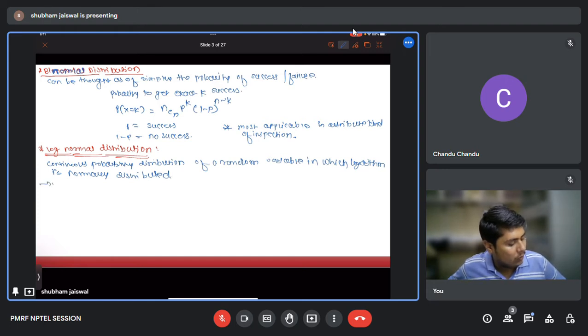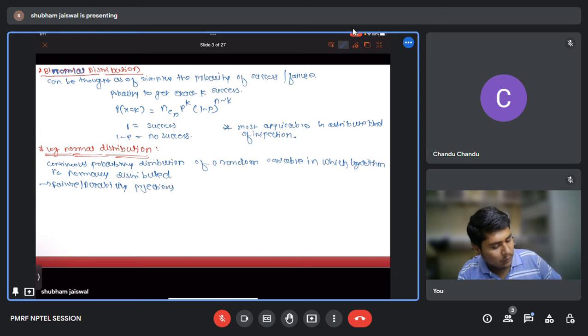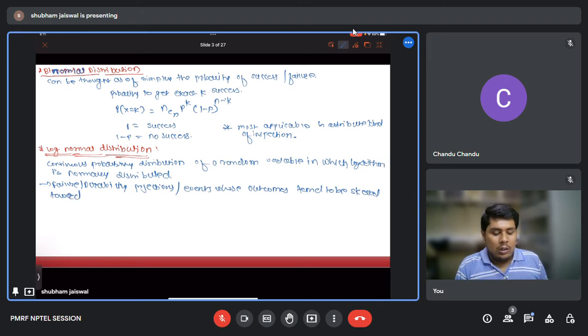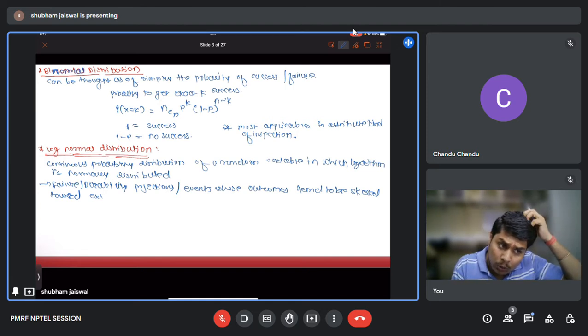So like failure of durability projections, events whose outcomes tend to be skewed towards the extremity of the distribution. On the one end, it will be the skewed one. Okay, so